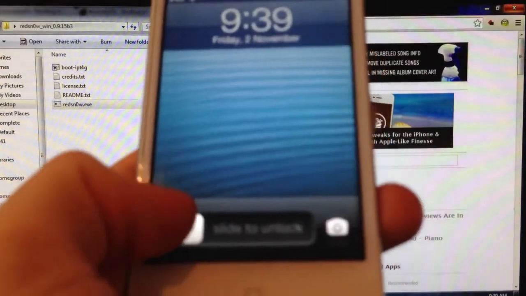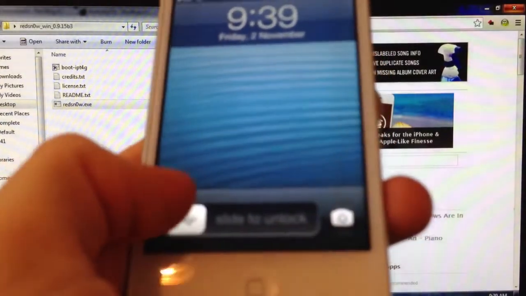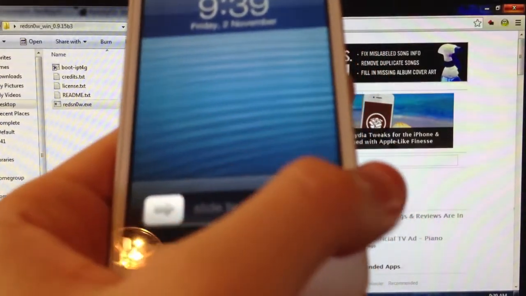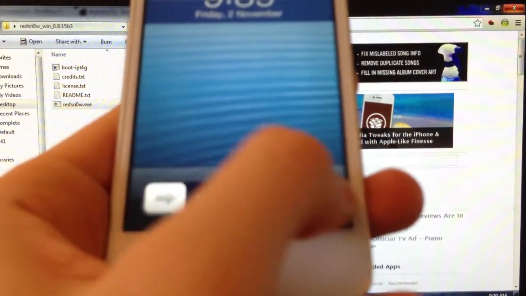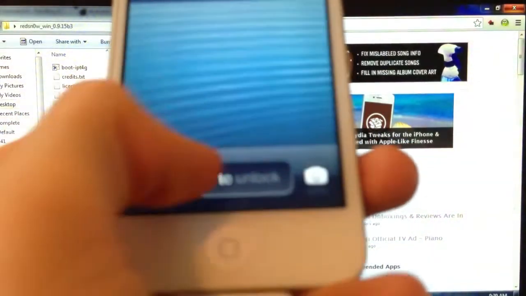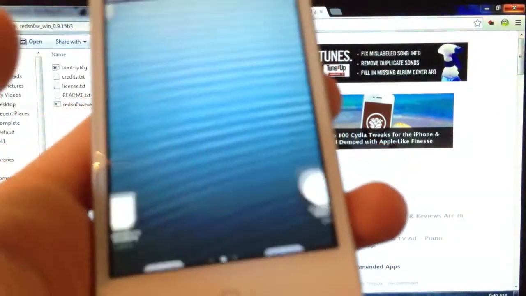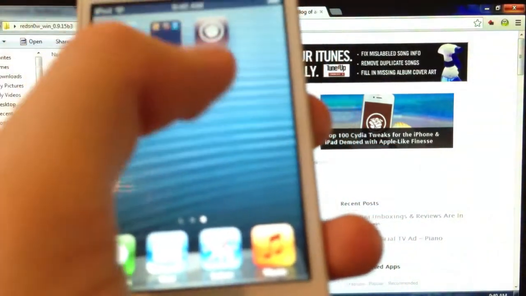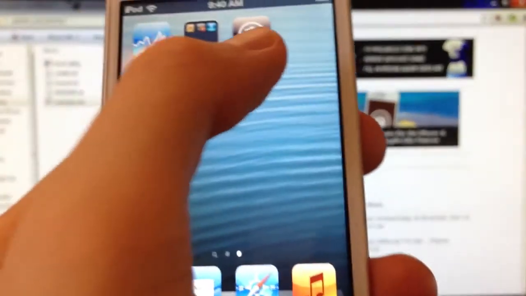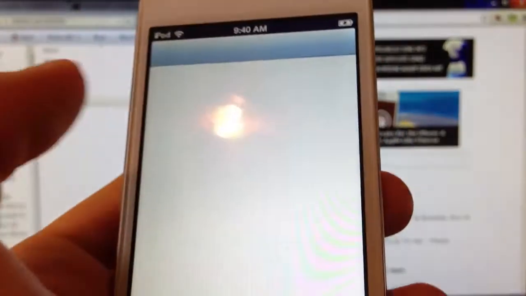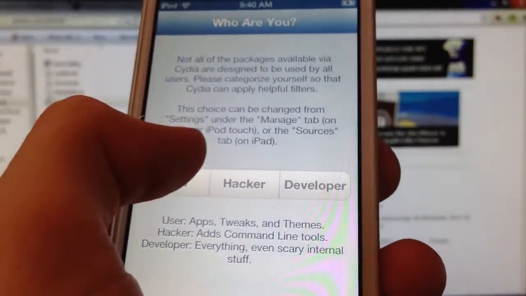And there we go, it's just booted up, a tethered boot. Now we can unlock your device. Just a bit laggy here for me. Don't worry about that. And go over and you can see Cydia on your device. We can go in, hit user,